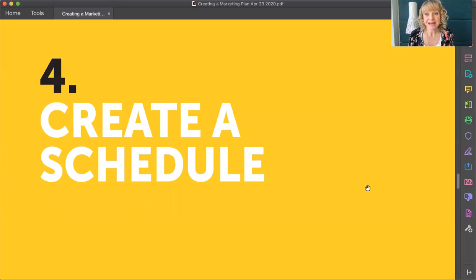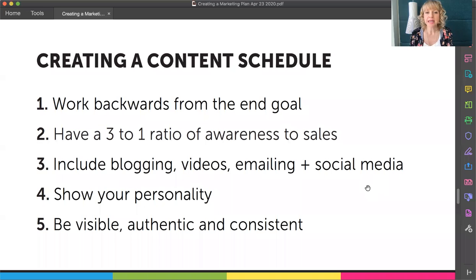So next is creating that schedule, right? So creating that content schedule, you need to work backwards from the end goal. So as an example, for me right now, I have another session of the virtual group BrandCamp starting May 26th. So I know that I want to have at least 4 people signed up for that, at least a few days before that. It's already May 6th when I'm recording this. So I've really got to get my butt in gear and start reaching out and creating that awareness. So I know I need to have 4 people.